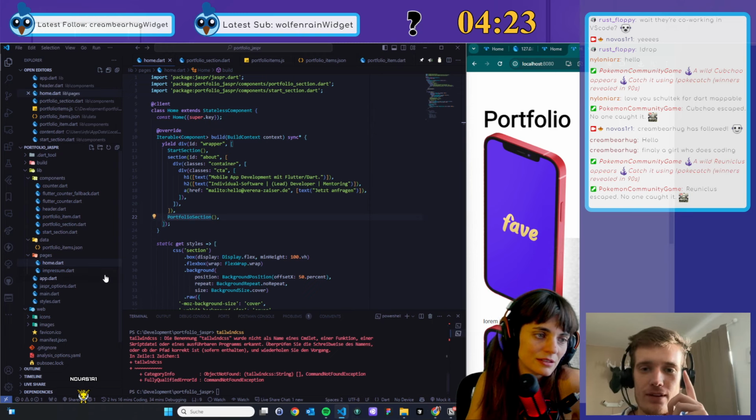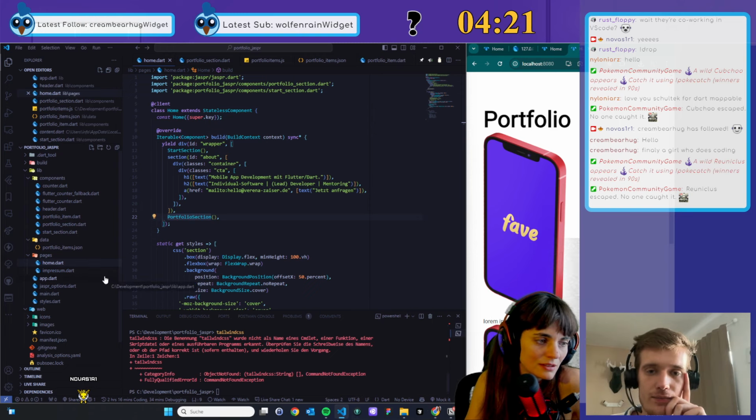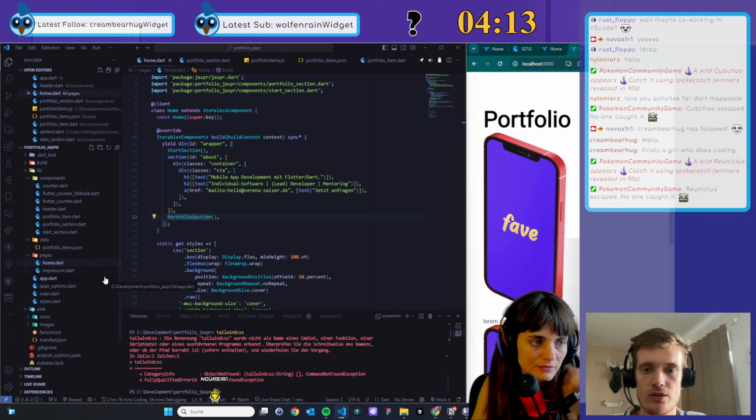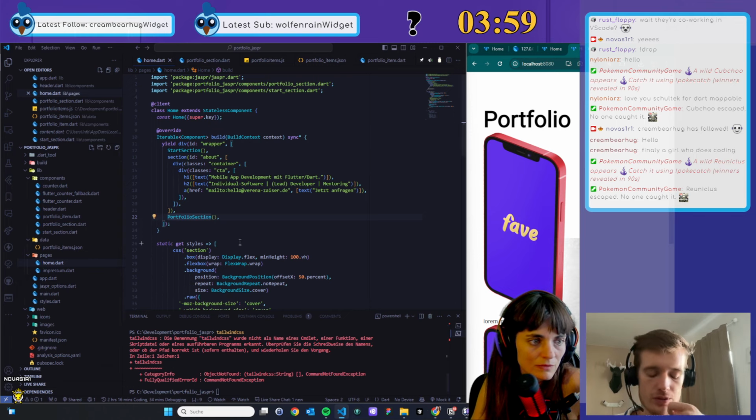So we can either load the file in the app component and pass it down as parameters, or we move the @client annotation to a component further down the tree and let the home component just be rendered server side, which I think is a better way to do it.